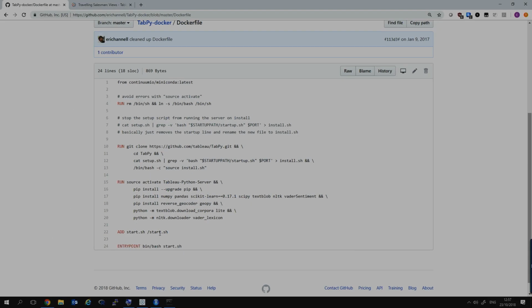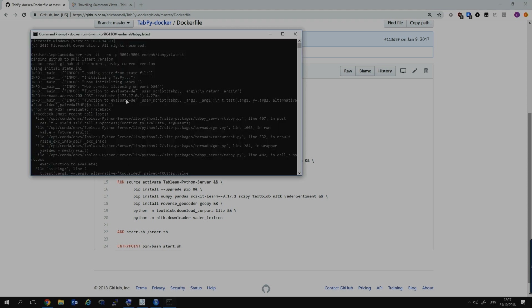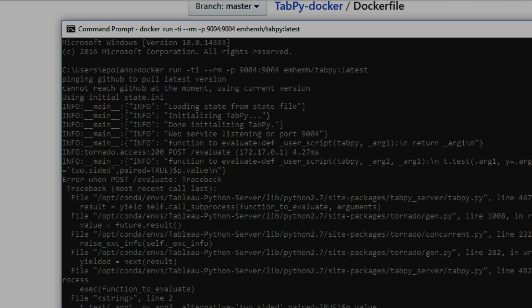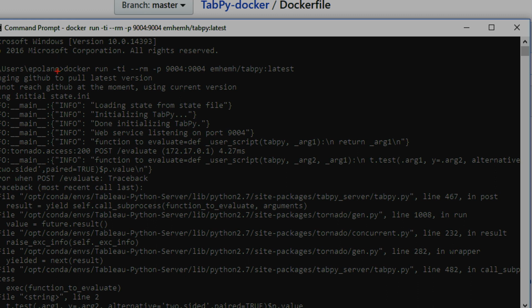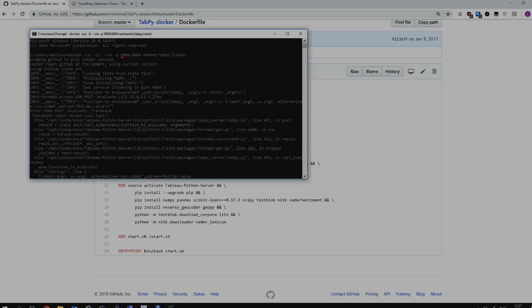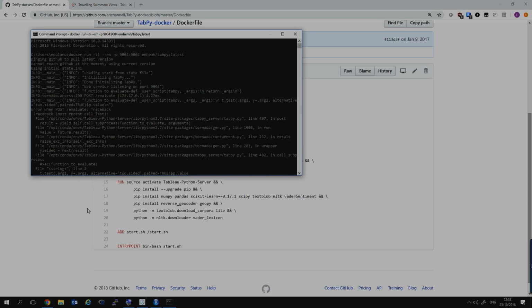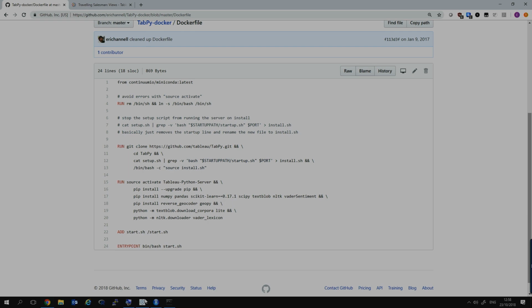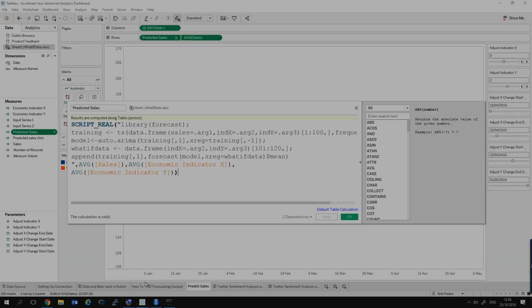But given that we've been mentioning this Docker image, let's actually look at this particular instance where I've in fact started that Docker image here on my server locally. So all that I've done here is that I've started that particular image with Docker, which I've then pulled from GitHub, and I've started it up on port 9004. In order for me to be able to use this, let's look at a particular use case that actually leverages this running Docker instance and a Python package.